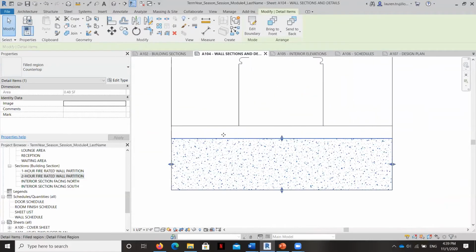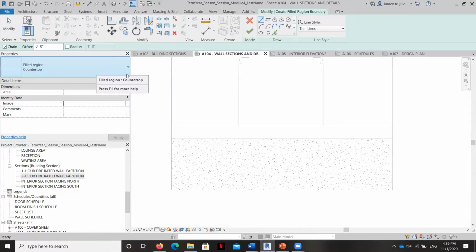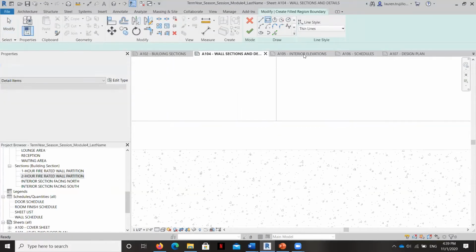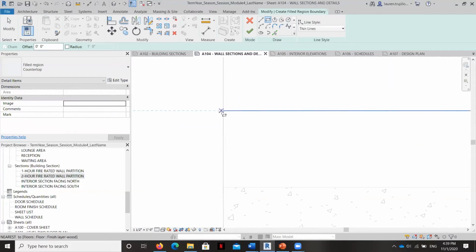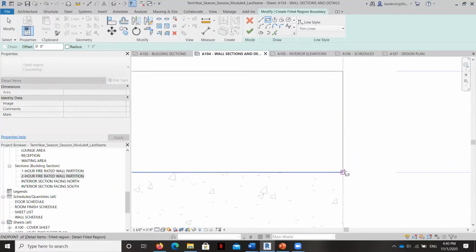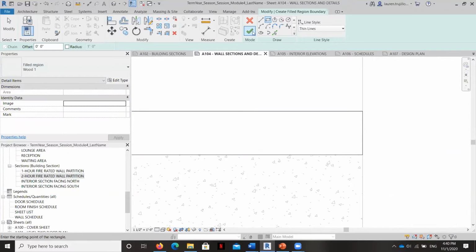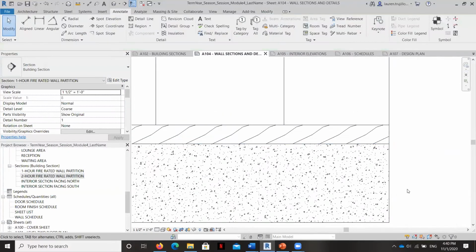Okay, beautiful concrete. Okay, and we know here, remember, this is our floor slab, so we'll go ahead and do another filled region there that looks like wood. Okay, great.